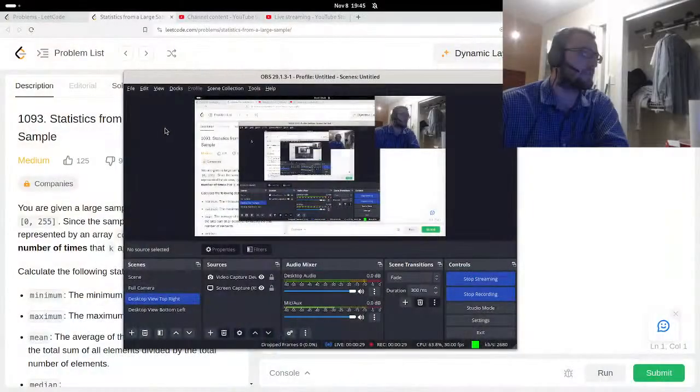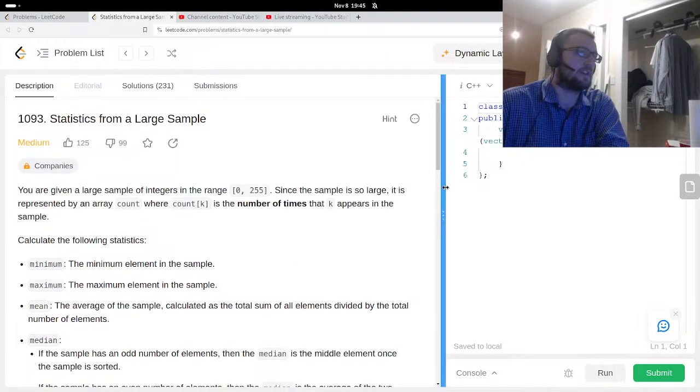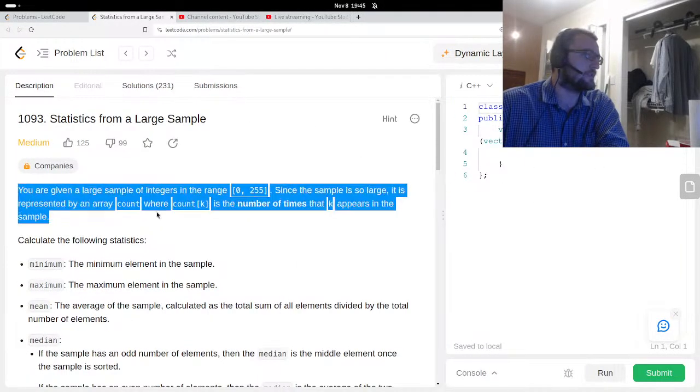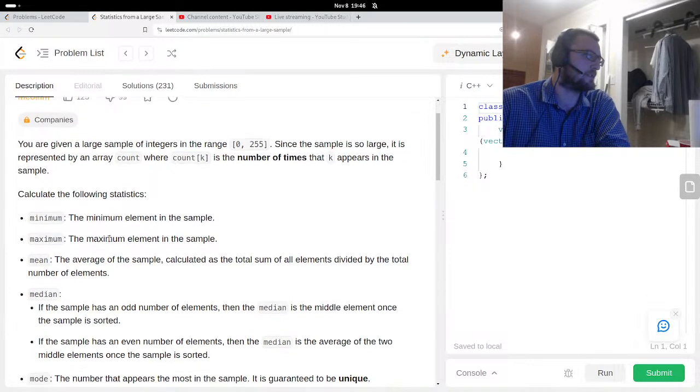this question is statistics from a large sample. Let's get that going. Statistics from a large sample, all right? You are given a large sample of integers in the range 0 to 255. Since the sample is so large, it is represented by an array count, where count of k is the number of times that k appears in the sample. Calculate the following statistics: minimum, the minimum element in the sample; maximum, the maximum element in the sample;